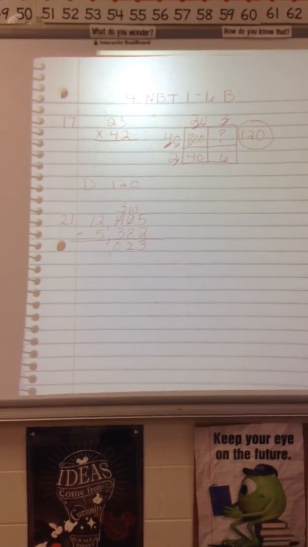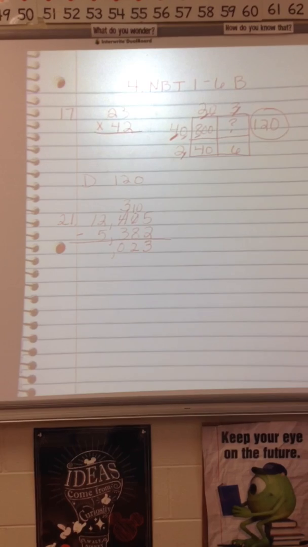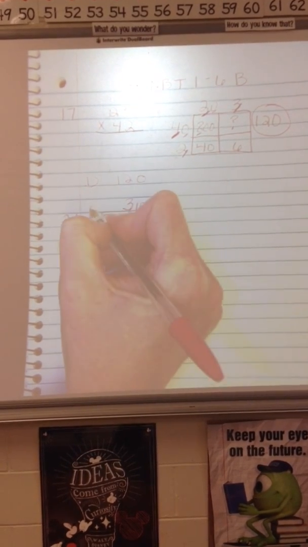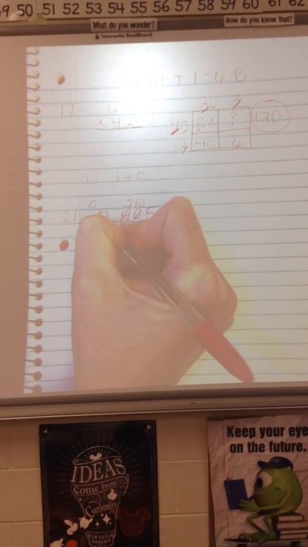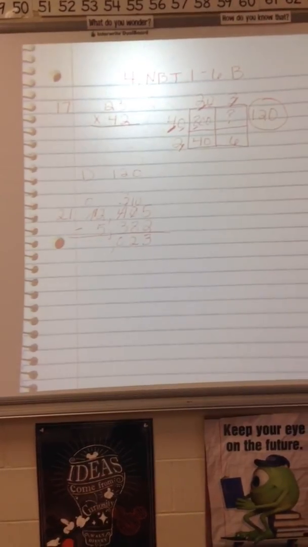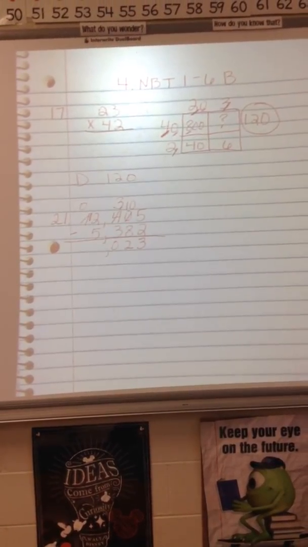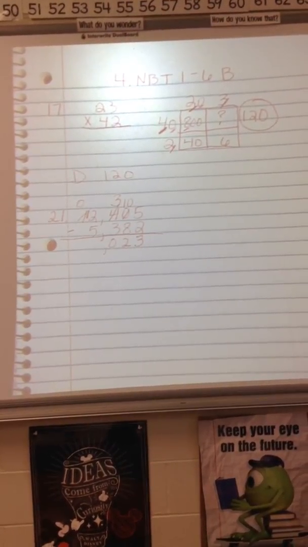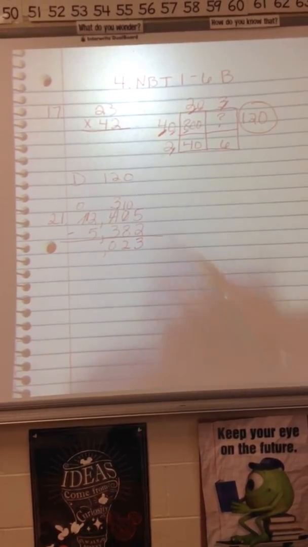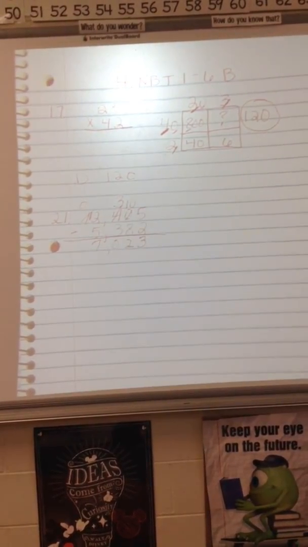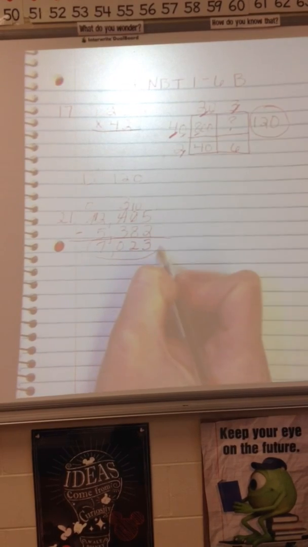2,000 minus 5,000 you cannot do, so you have to borrow from the 10,000. So this 1 10,000 becomes 0 10,000s, and then you can add that 10,000 to the 2,000. So that is now 12,000. 12,000 minus 5,000 is 7,000. So your answer is 7,023. So that's what you would